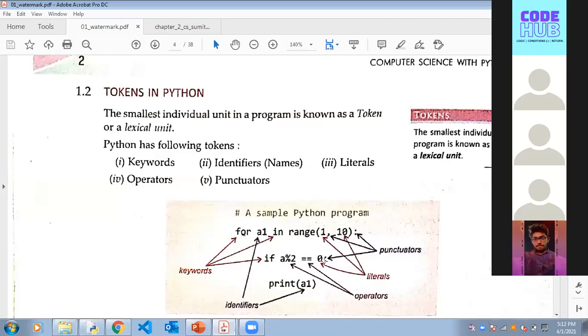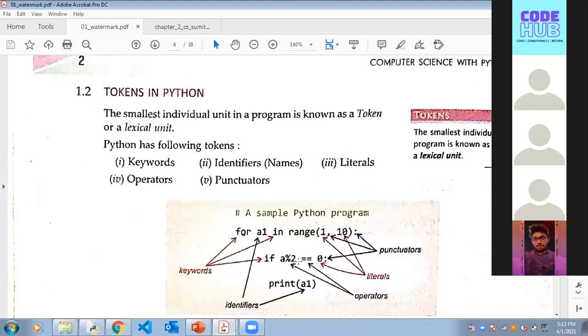These are literals. You have string literals, and these are integer literals. You have different types of literals. This is a punctuator, that is a colon. In conventional programming languages like C, you have to use a semicolon after every line. Python doesn't restrict that, because it becomes an extra burden every time you code, that I forgot the semicolon and so on. The only time you have to use a colon is while using a for loop and an if statement.